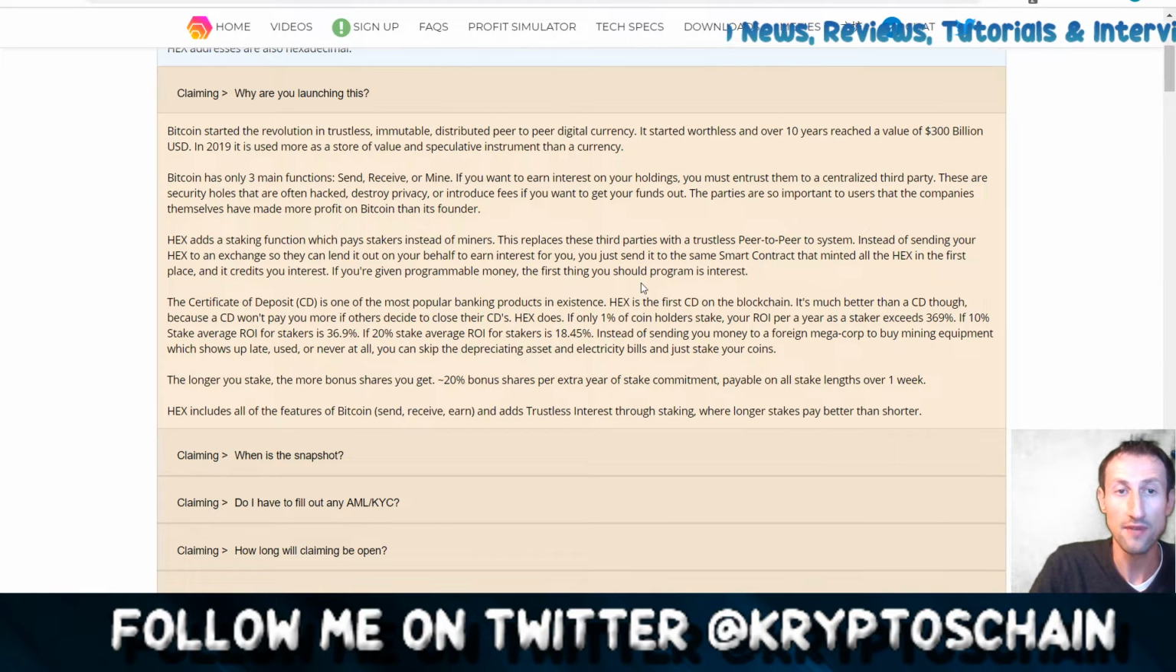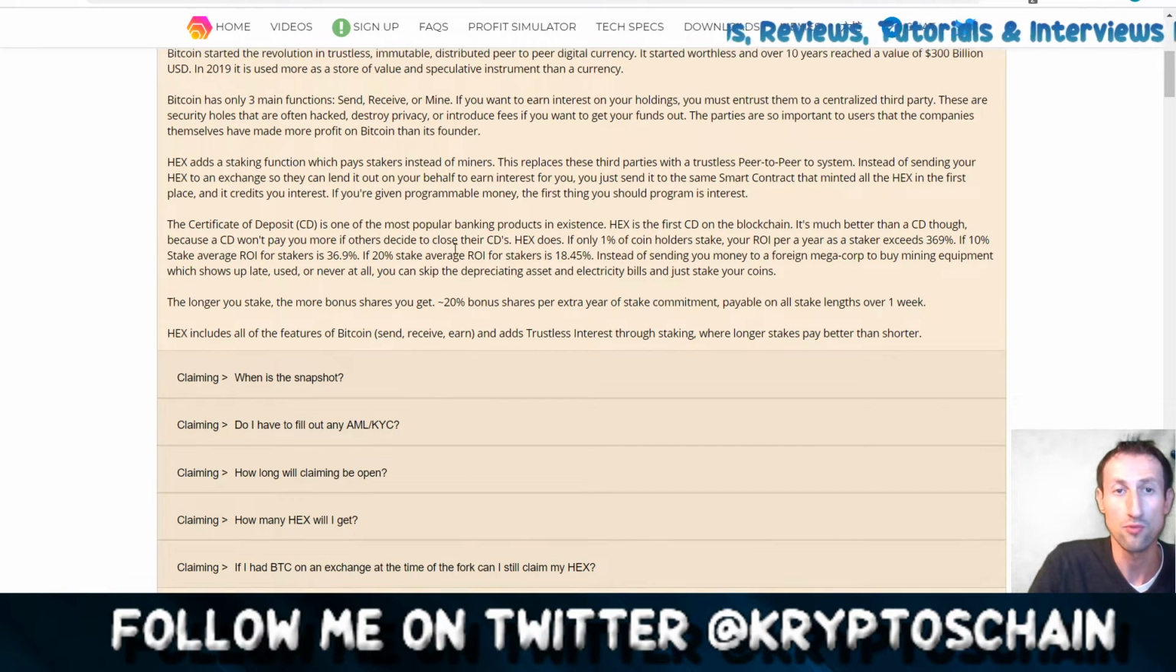Now, the certificate of deposit is the interesting part, right? It's one of the most popular banking products in existence. Now, HEX is the first CD on the blockchain, but it's much better than a CD because a CD won't pay you more if others decide to close their CDs. So HEX does. Now, if only 1% of coin holders stake, your return of investment per year as a staker exceeds 369%, so that is quite a lot. Now, if 10% stake, the average return of investment for stakers is 36.9%, and if 20% stake, the average return is